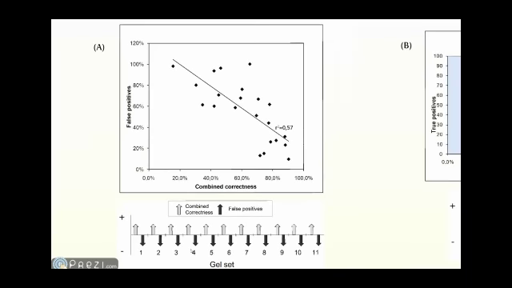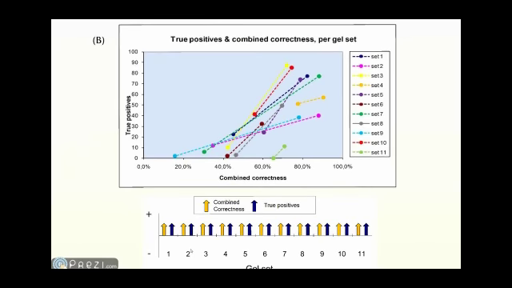The second question is how it is related to the true positives. And again, we had 2 data points for each project since we analyzed twice. We had 2 measurements of combined correctness for that project, and we have 2 measurements of true positives for that project. Now we put all these data points in the graph. On the x-axis we have combined correctness, and on the y-axis we have the number of true positives that was found in that particular gel set. And every time you had a higher value of combined correctness, you also had a higher value of true positives,